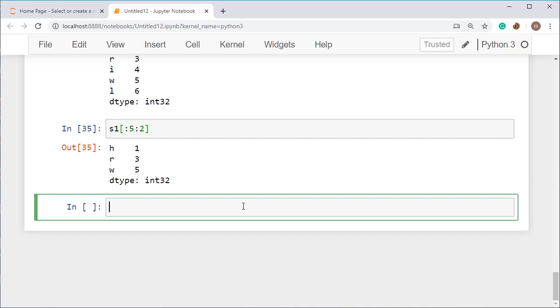Now I am going to show you how to delete a particular element from the series. For that you just have to use the remove function, and then you will be able to remove the data from the data set. You just have to pass the index, and for that you can use pop, like this: s1.pop, and just use 1.